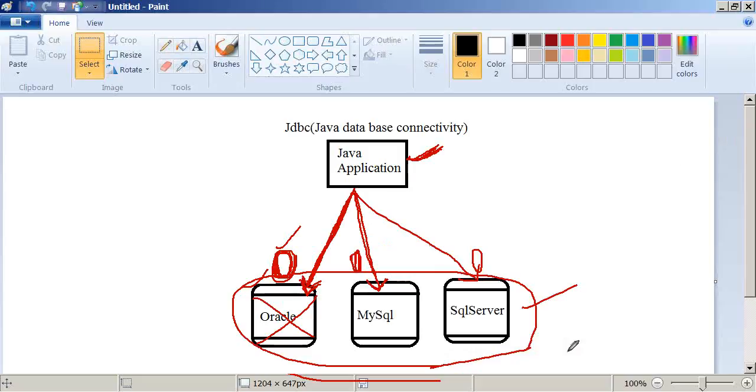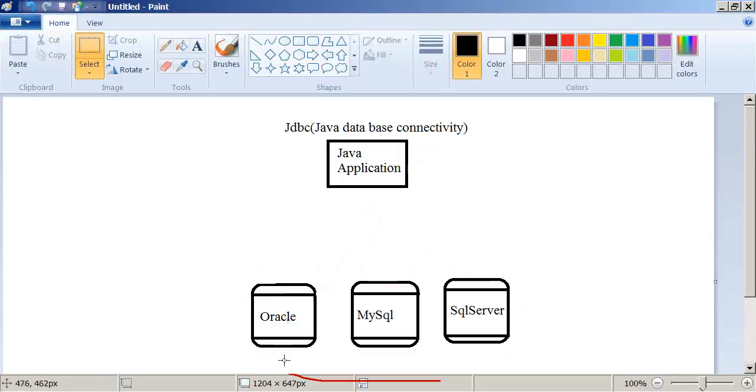And what should I do here? Right, so there is a solution for this. What is the solution? I'm going to give a solution right here, and this solution is not given by the Java people. The solution is given by these database vendors only, because as I told you before starting this class, we have seen what is the need of applications, what is the need of these databases, and this solution is given by these database people only, and that solution generally we call as,